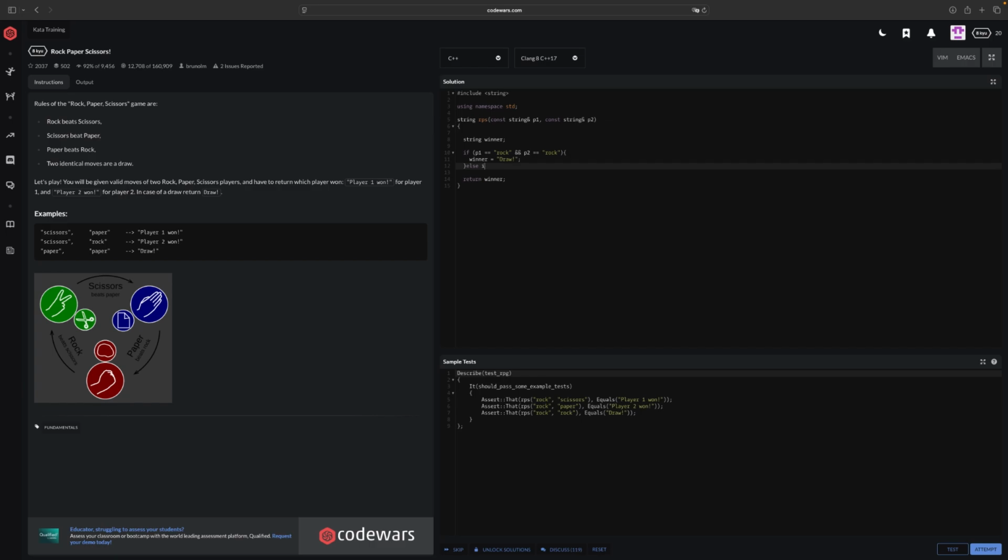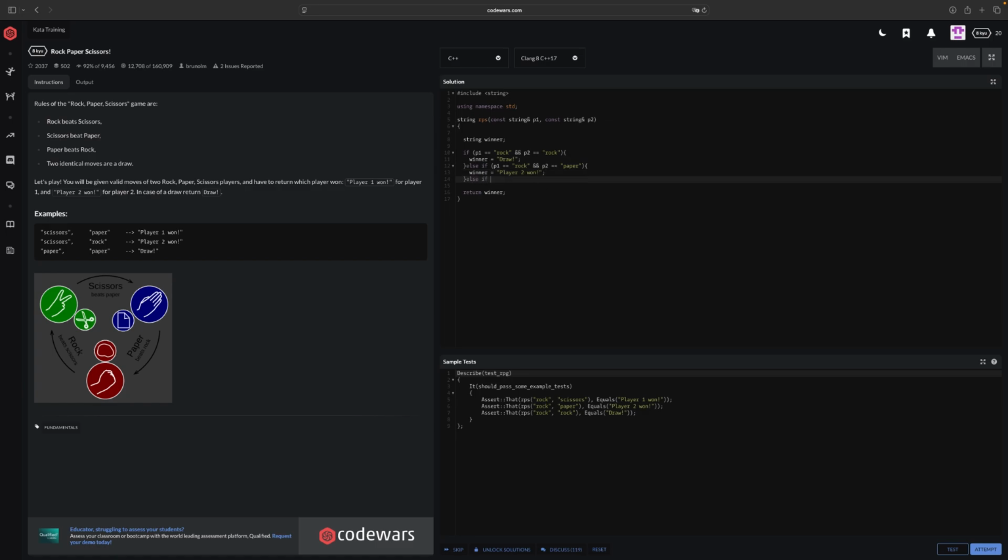Then an else if, where player 1 will still keep it as rock. I can actually just copy this whole part since I'll use it a lot, like that. I'll keep player 1 as rock, then change this to paper, open this up, then winner will be equal to what it wants to send, which is "Player 2 1" with an exclamation mark, which is something you have to not miss. Player 2 1,